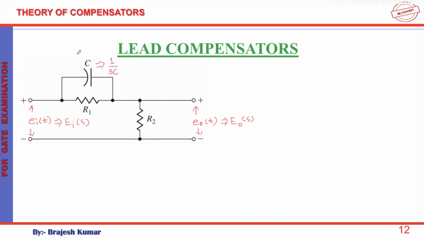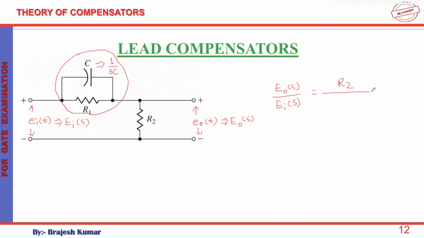So here this whole term will behave like this. We have two impedances, one having value R1 and another having value 1 upon sC, and they are connected in parallel. So equivalently, if you derive this simple equation, you will get Eo(s) upon Ei(s), which is the transfer function of this particular circuit, will be given by